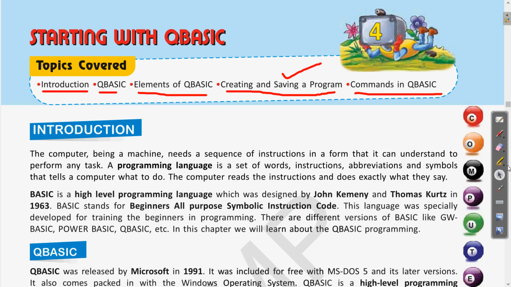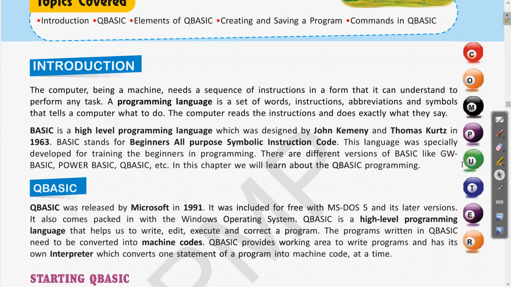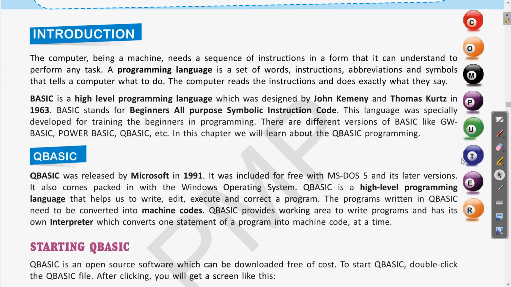So whatever work we need to get done with the help of the computer, first the computer will need the instructions to do all of those tasks, clear. That is why we need some programming language, clear. So using this programming language only the computer can understand what work is required to be done.